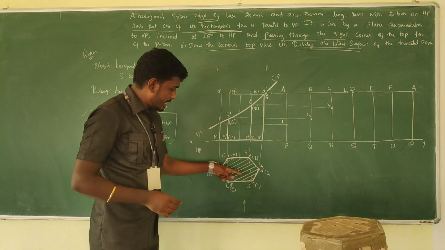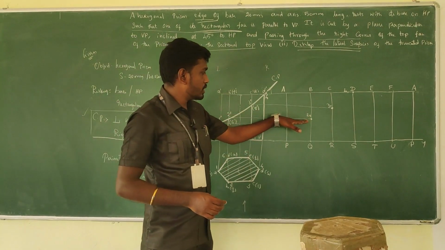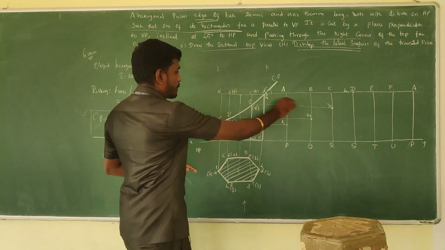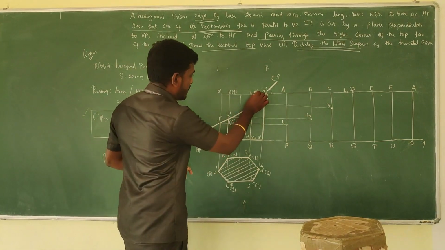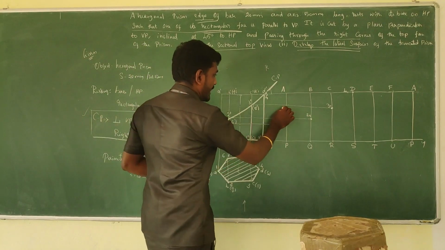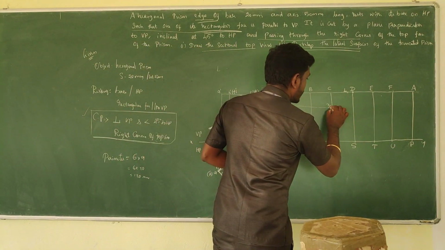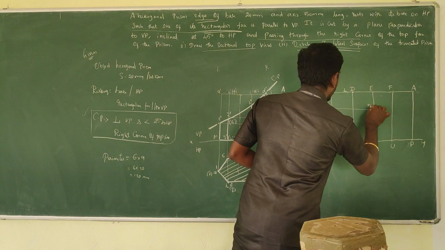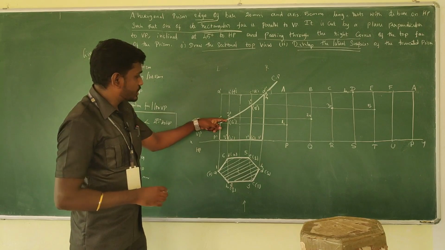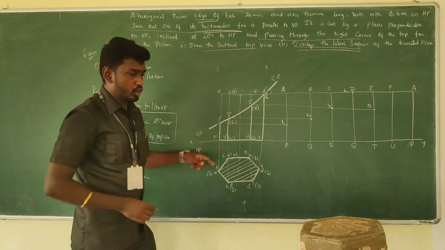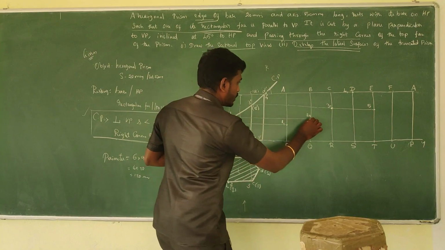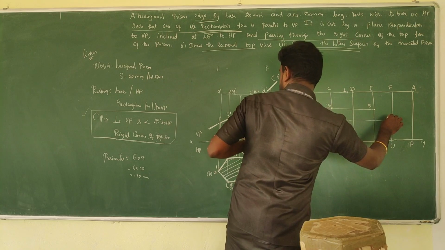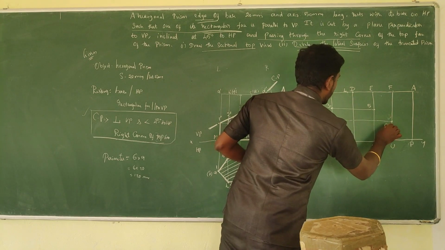Since we have noted here 1 2 3, we are giving 1 1, 2 1, 3 1 and 4 1. And next, go to the fifth one. Take the projector. Where is it actually located? It is between E to T. Am I right? E to T. Take the projector. So here we get the fifth one. Next, where is 6? Between F to U. Already the projector is taken. Extend it to F to U. So the intersection is here. So this would be your 6.